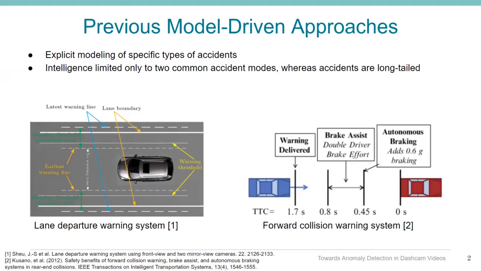Smart dashcams are becoming increasingly ubiquitous. Many systems have been built which use dashcams to detect anomalies like lane departure and forward collisions. These systems also require special hardware such as radar and lidar to work properly. This method of detecting anomalies on the road, however, is cumbersome, as we need to build specific models for each